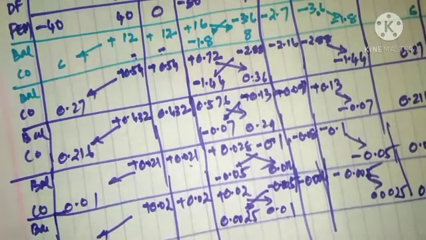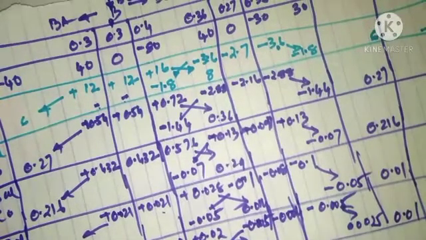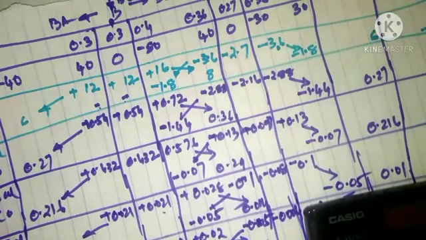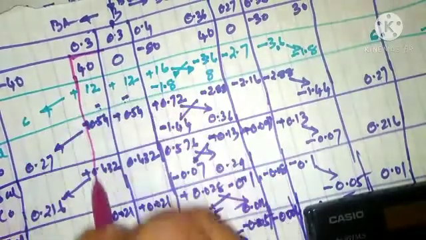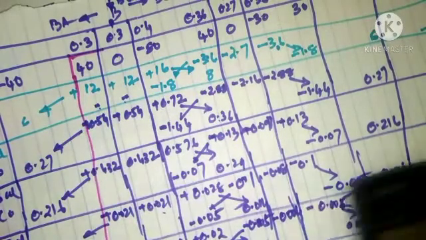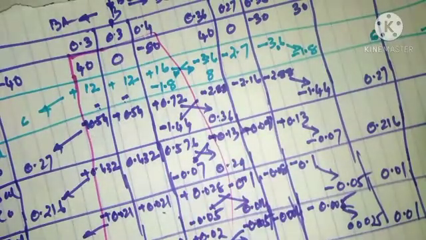Now we will try to find out the final moment. When we find out the final moment, the net moment at B has to be 0. To verify that, we will check the final moment. That particular calculation will be done from the fixed end moments till the last carryover factor. So this addition should all come up to 0. We will verify that.